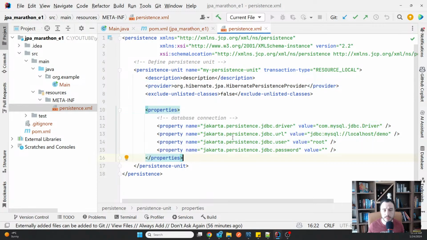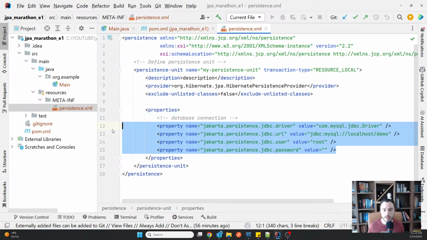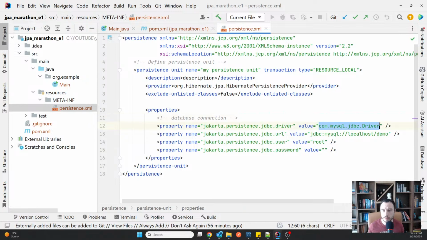In the set of properties, the minimum properties you have to put here are the driver main class, which depends on what JDBC driver you use. I'm using the MySQL driver, so I have to put its main class here. And then of course the connection URL to my database.